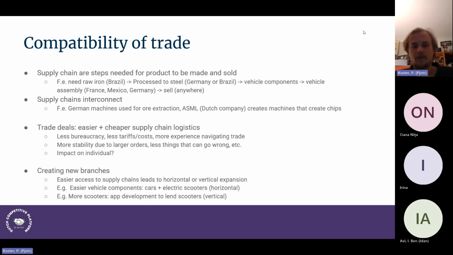So another thing that just gets solved when you have more trade, or when you have fewer trade barriers, is that it's easier and cheaper to deal with the supply chain logistics. Often you can think of it as just having less bureaucracy. This doesn't really get talked about enough in debates, but there's often quite a lot of red tape that you need to